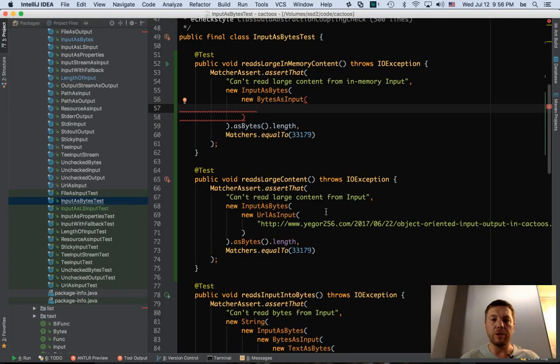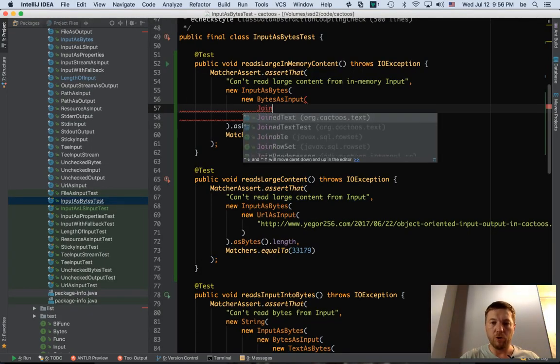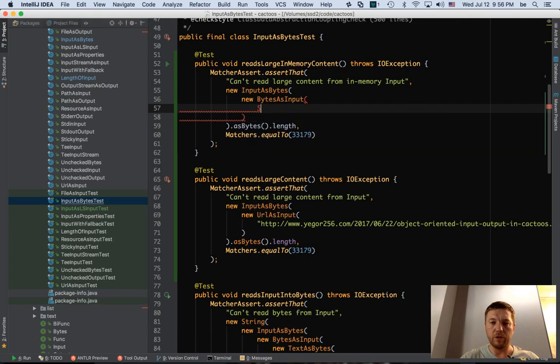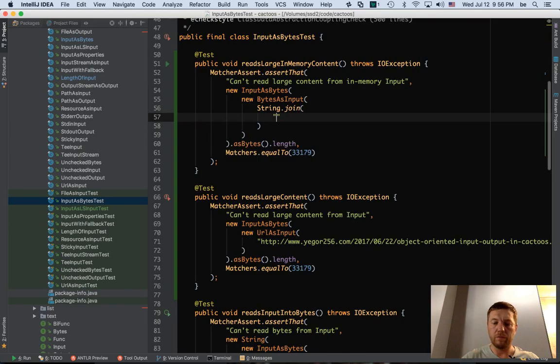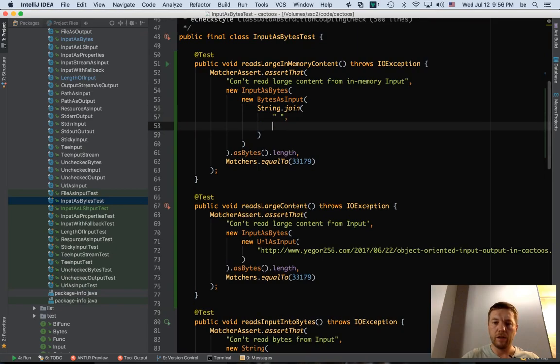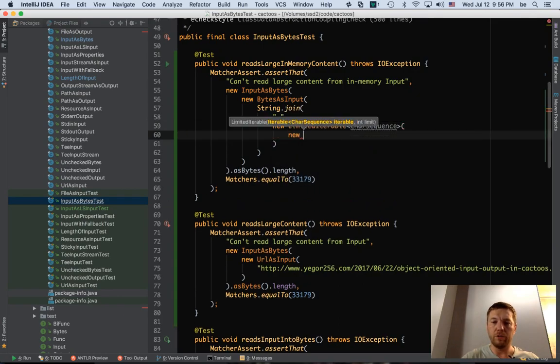Okay, let's use this one. String join, space, and new limited iterable, new endless.